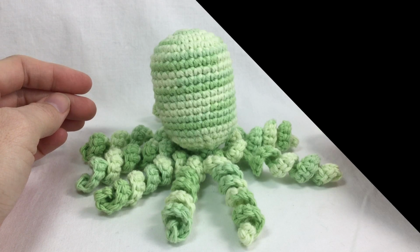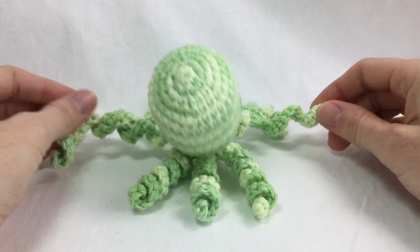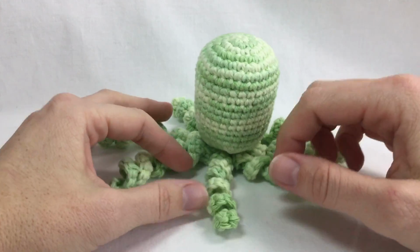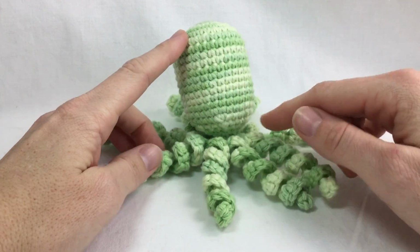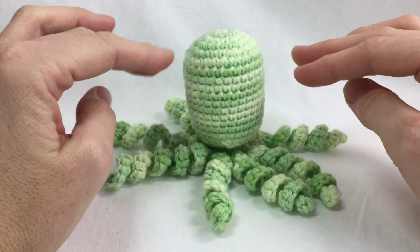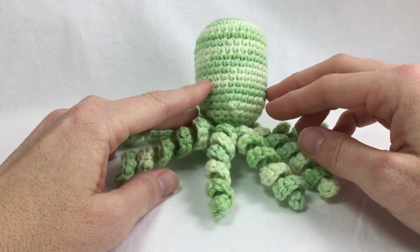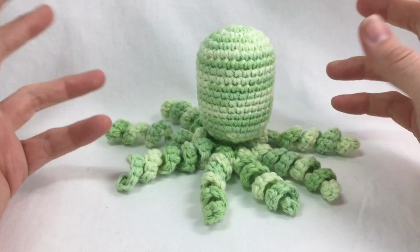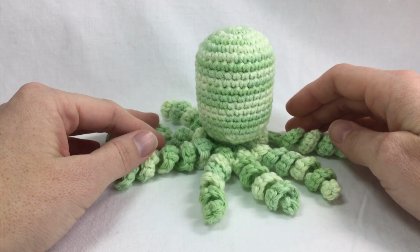Hey everyone, it's Deja from Crochet Ever After, and today I'm going to show you how to make this little octopus guy. I made him for a specific reason, and that was for some research that's been done finding that putting these octopuses with premature babies in their incubators can help them thrive, feel better, and get